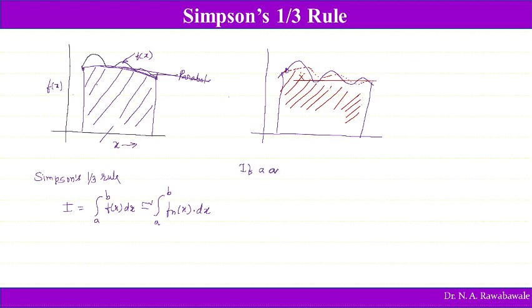If a and b are designated as x0 and x2 respectively, and f2 of x is represented by a second order Lagrangian polynomial,